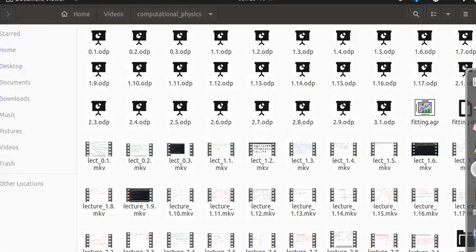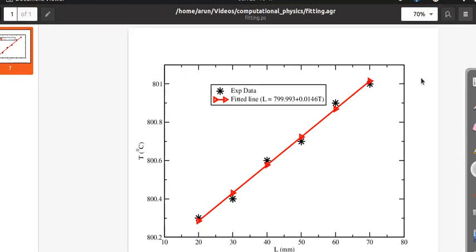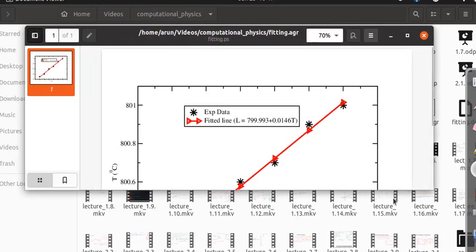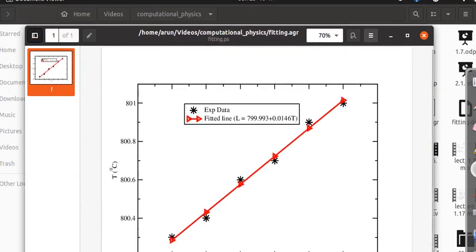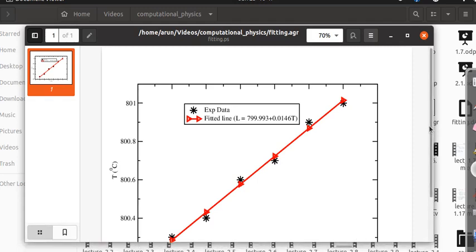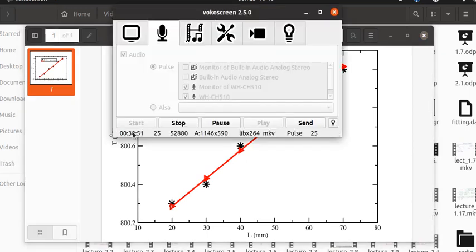This is the fitted data which we have to keep in mind. Yeah, this is the graph. This is the experimental data, the black points, and this is the fitted line. I have plotted it using XM Grace. So that's all. This is a very simple example which I illustrated here to find out the line of best fit. That's all for this lecture, and in the next lecture, I will talk about the curve